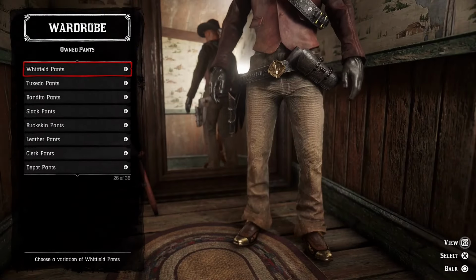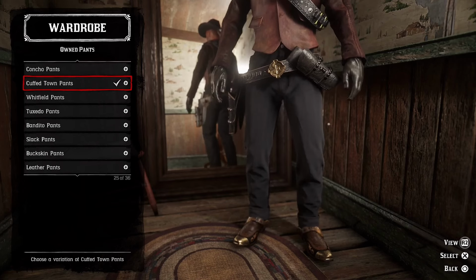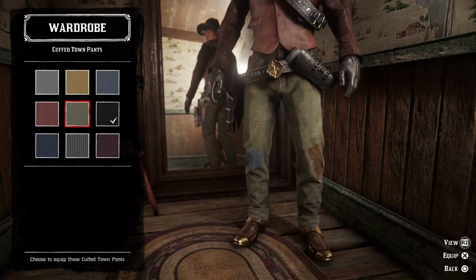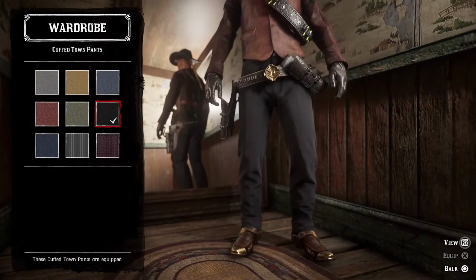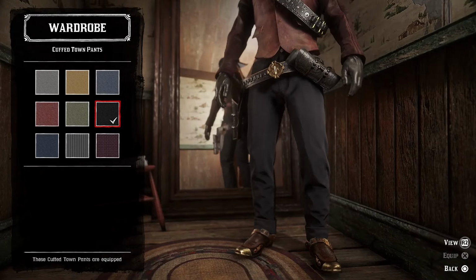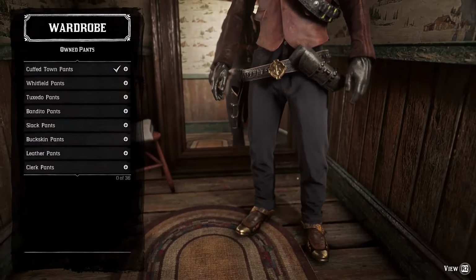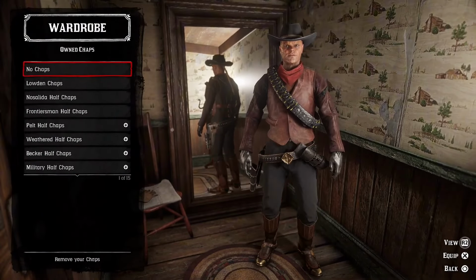And really any black pants will do. They're going to be covered up mostly by the chaps, but I went with a faded black pant as well. And this also has some red stitching, which also plays into the Deadpool theme. But the Cufftown pants worked really nicely. And when we jump down to the chaps,